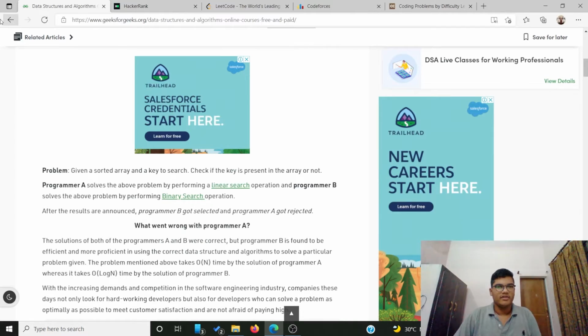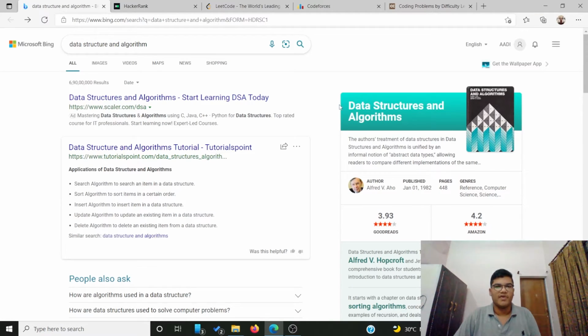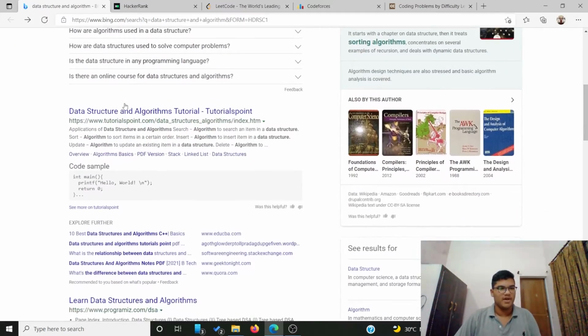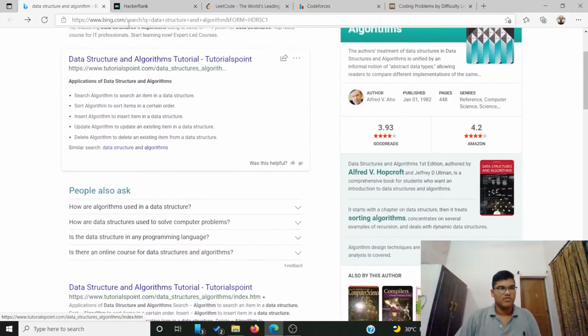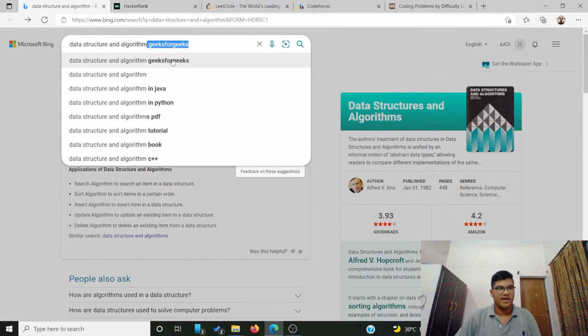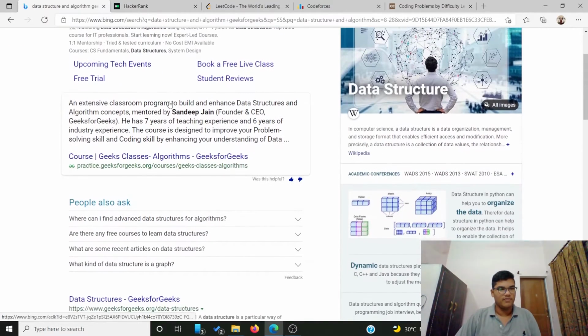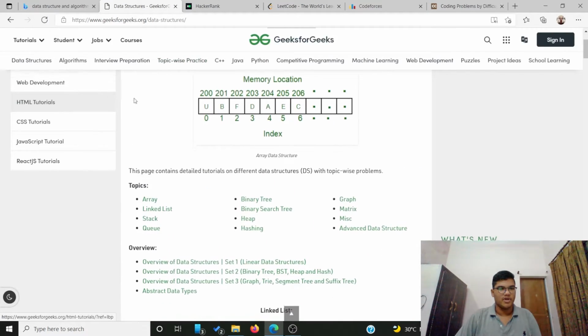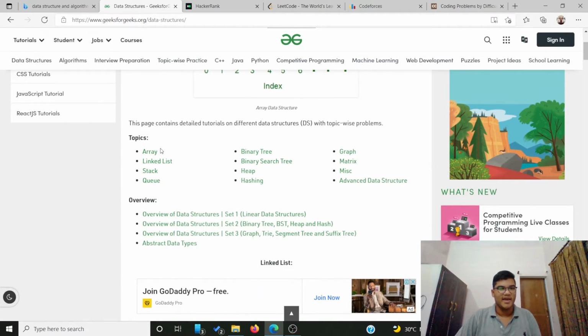You can start with DSA in any coding language, or you can search on YouTube. There are many video tutorials on the DSA part. But I must say, go ahead with YouTube or Google also, because there are many free platforms like GeeksforGeeks. GeeksforGeeks provides DSA notes, right? For example, if you see their data structure notes on GeeksforGeeks, they provide all the things like array, binary tree, graph. These are all the data structures.